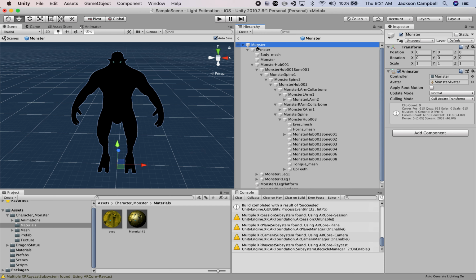His eyes will glow. And if I wanted to, I could go and edit the texture of this and make his eyes a different color. I think blue eyes are fine for now. All right. So now we need to